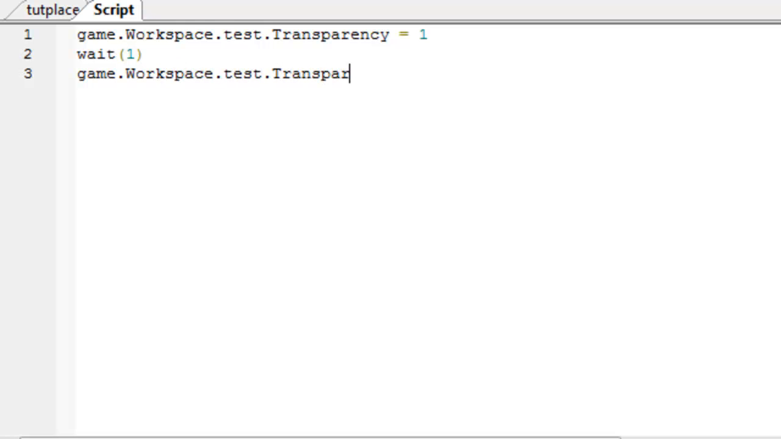Now, in the last tutorial we covered properties. Yes, we did. We covered properties, and how do you think you make your flashing brick now? As I showed you in the last tutorial, what you probably do from now is you put game.workspace.test. Let's make a flashing brick: transparency equals 1, then wait 1, then game.workspace.test.transparency equals 0, and then wait 1 again,